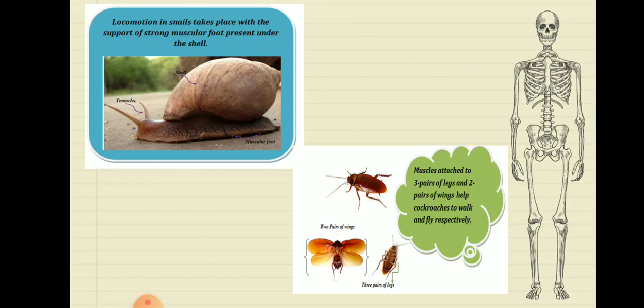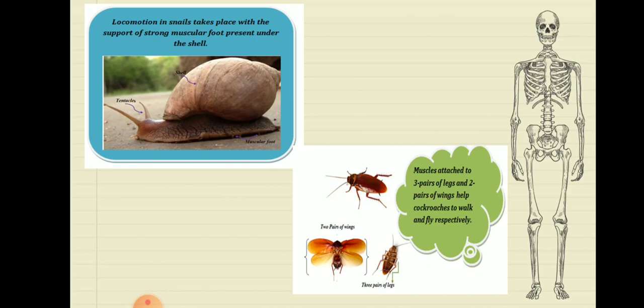So this is how it moves, and it has a slimy substance present inside it which is secreted when it moves. You might have seen that when it moves it secretes a jelly-like or sticky substance on the ground, and this is how it moves from one place to another. It has a shell which protects it. If it finds any danger coming close, it hides itself inside that shell. The muscular foot which is present is the one which helps it to move further. So this is how the movement is carried out in snails.